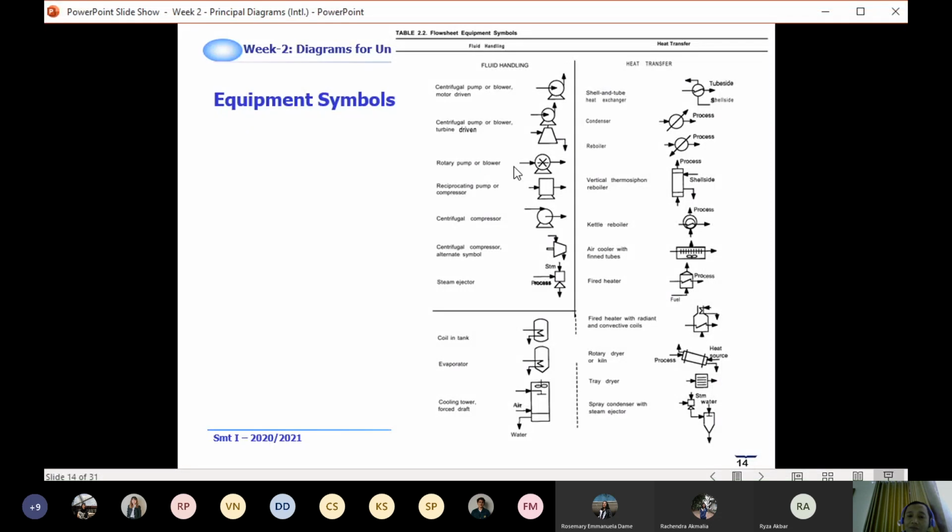And then the rotary pump will have a different symbol because the process philosophy is different, just using a blade in terms of rotary. So again, it's different. When you use the rotary pump, don't use the symbol of the centrifugal pump, or the opposite. Use the proper symbol for your current unit operation. This is very important.